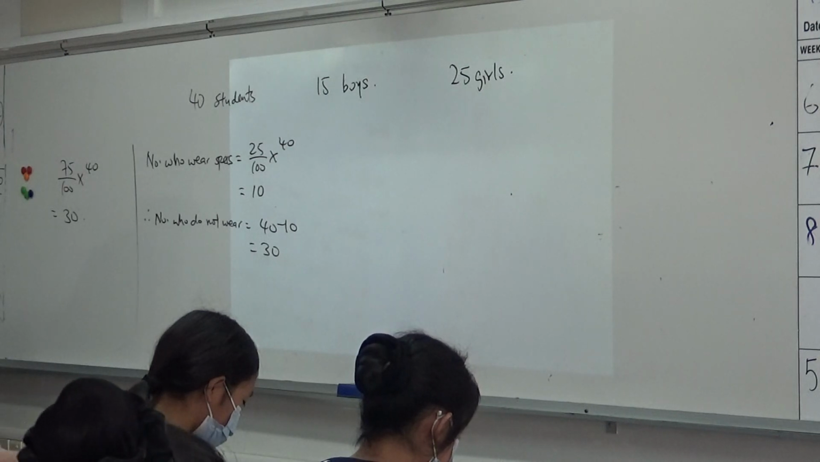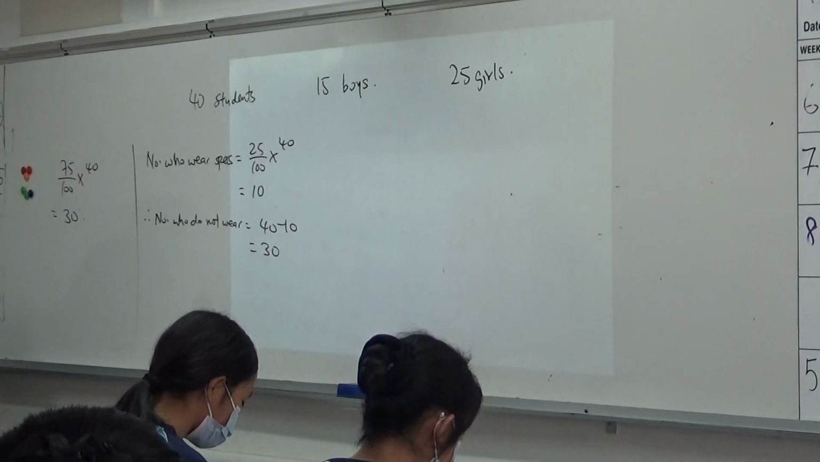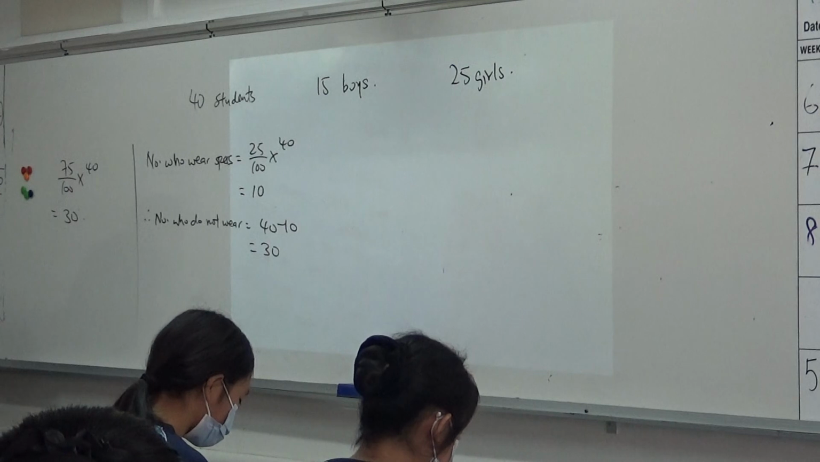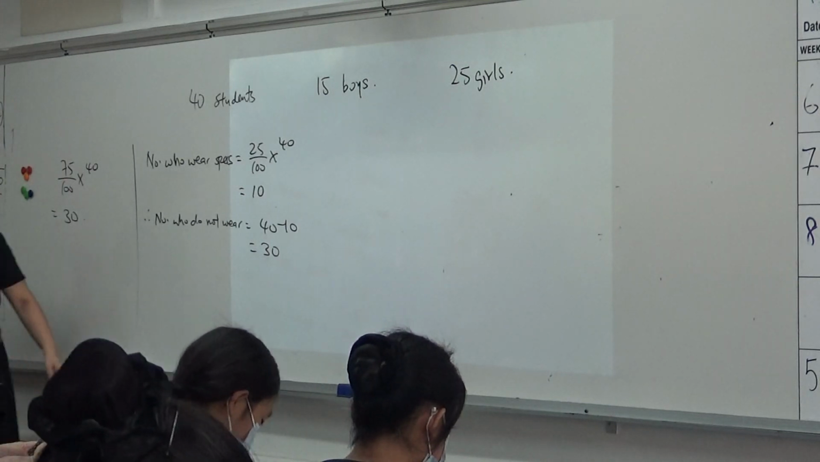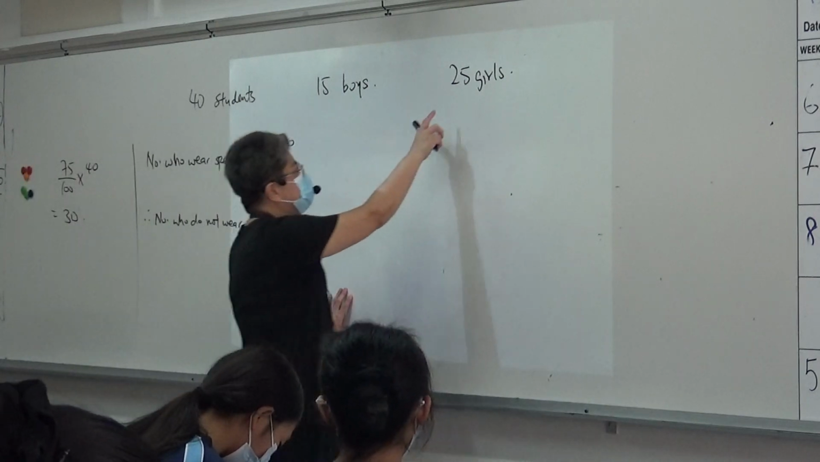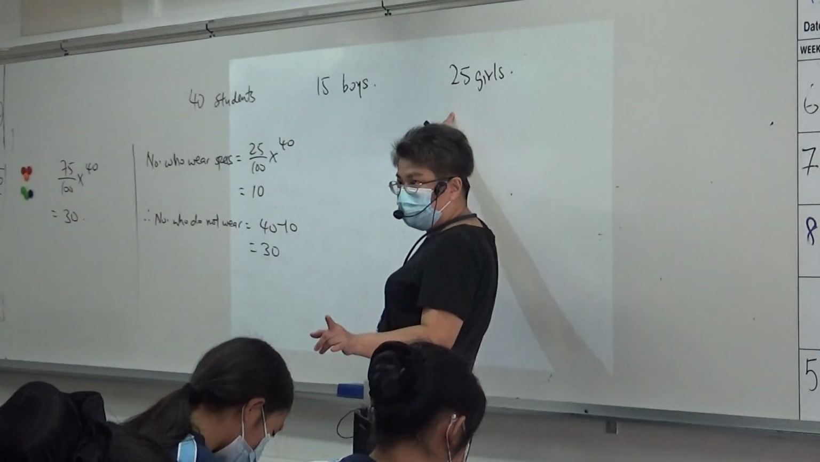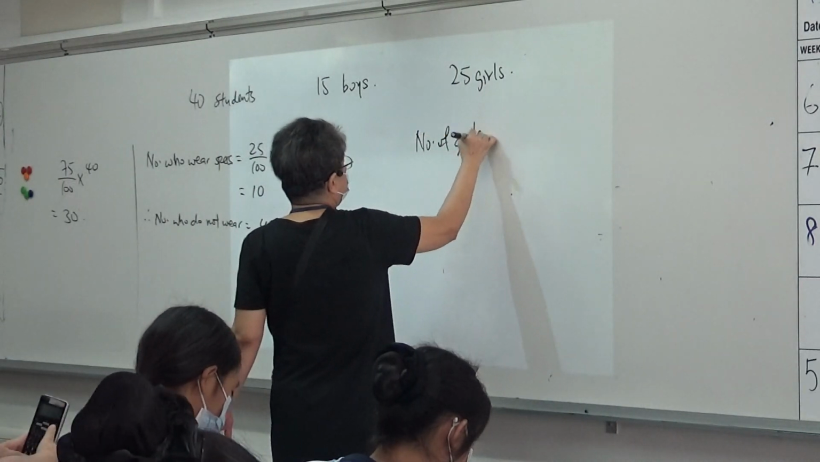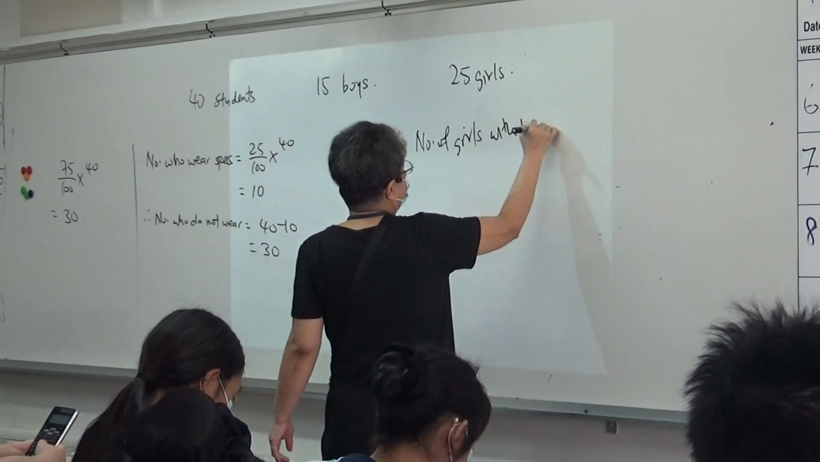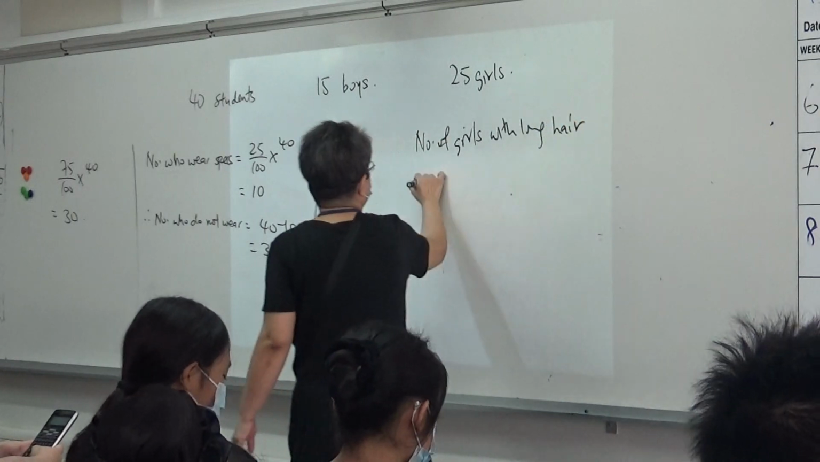Now next, part B. If 60% of the girls have long hair, find the number of girls with long hair. Now, they know the base is the number of girls. Okay, so the number of girls with long hair will